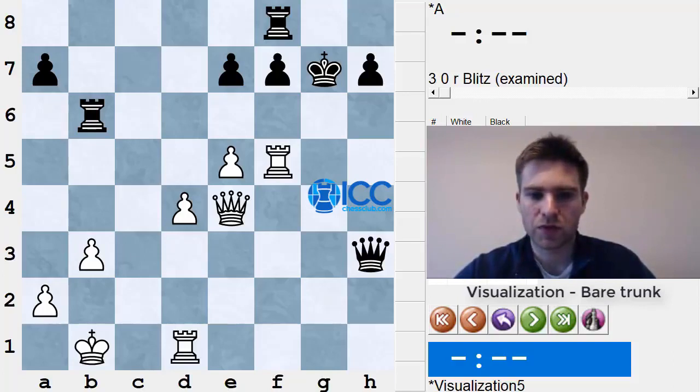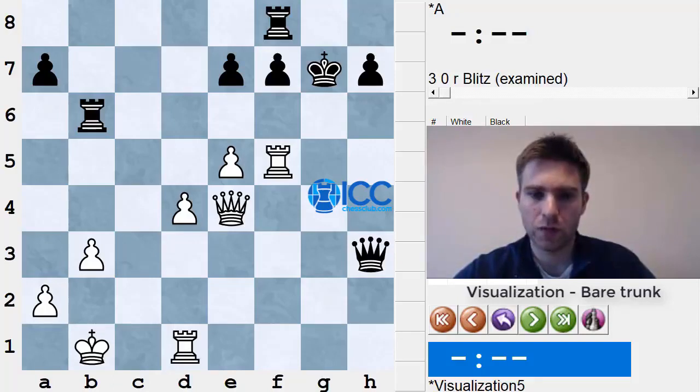Now checks like rook g1 or rook g5 are not very constructive, because he can hide his king on h8. So maybe there is no need for such checks. But definitely have to check rook h1 first. It's even a more forcing move than these checks in this position. Now, since queen c3 must be losing,